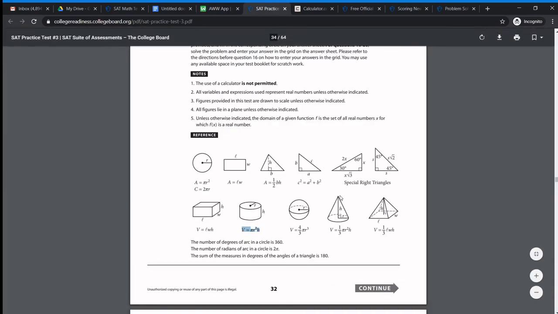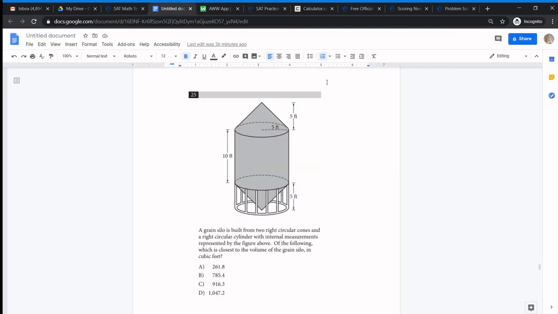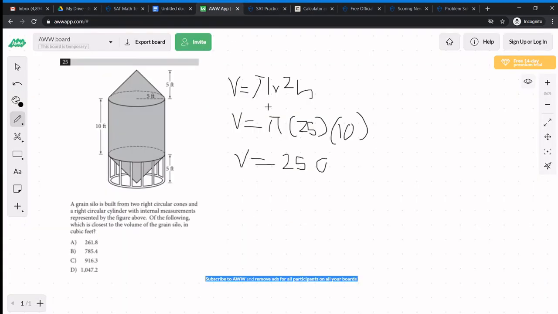So let's see where the cylinder is. Here we are. 1/3 pi r squared times height. So pretty similar to the volume of the cylinder. The volume of the cone is just 1/3 pi